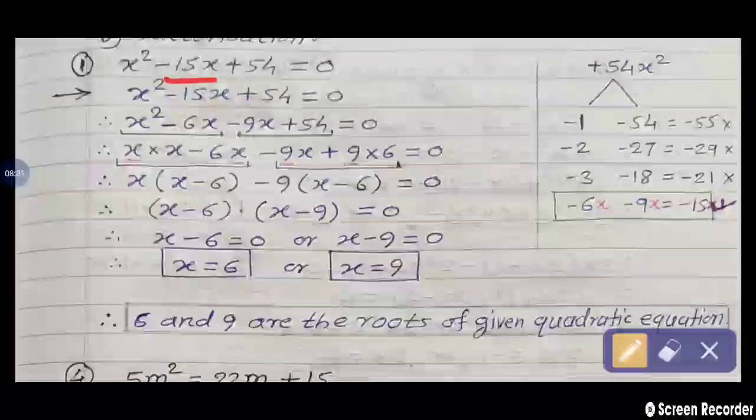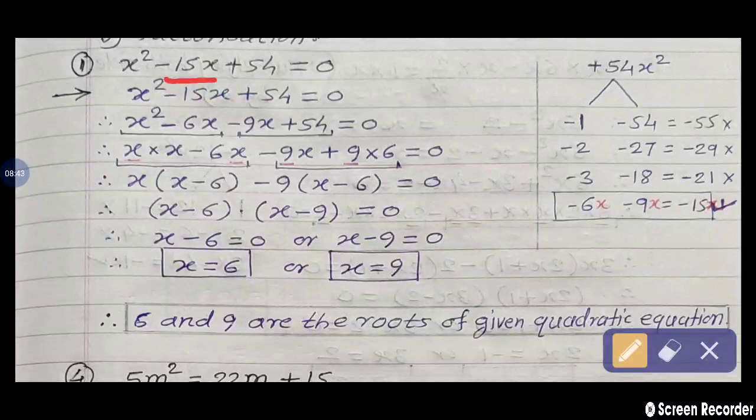When we get a plus product, either both numbers are positive or both numbers are negative. If both numbers are negative, the product is plus, but when we add a negative and a negative number, we get a minus answer in the case of the sum. Clear? That is rule number 2, given in that table. You check that. So, we are making the factors in this way.